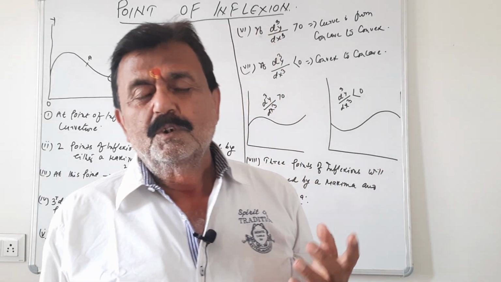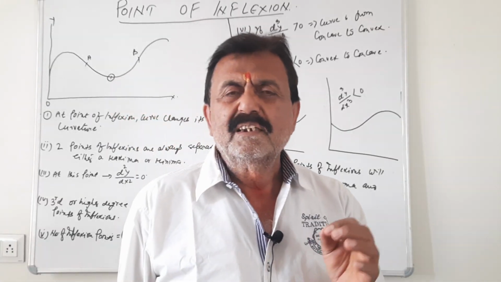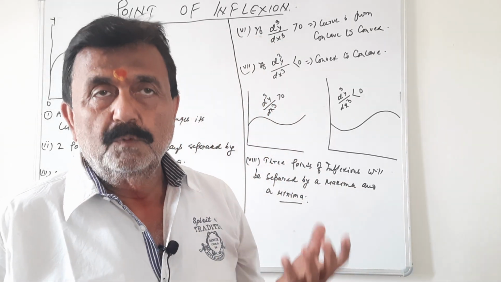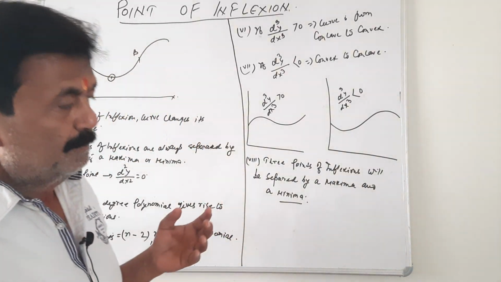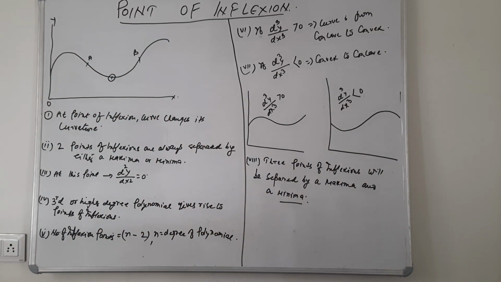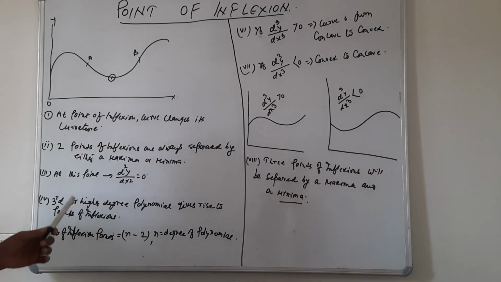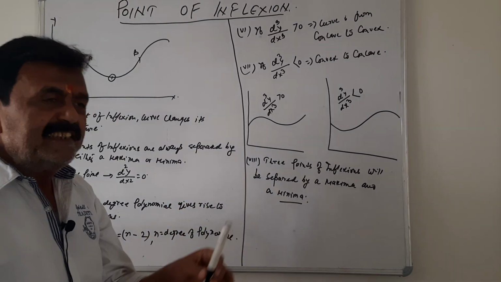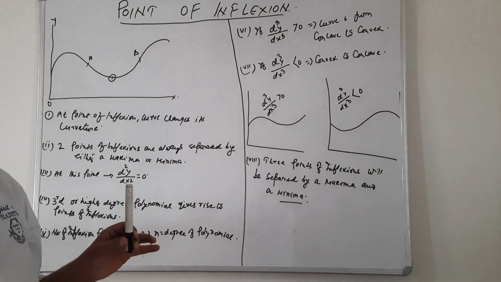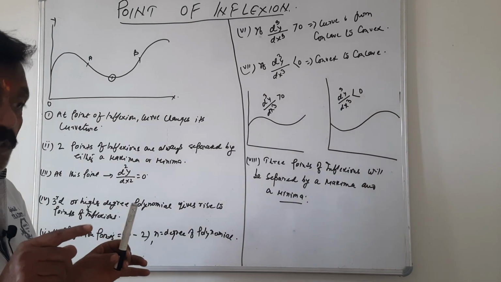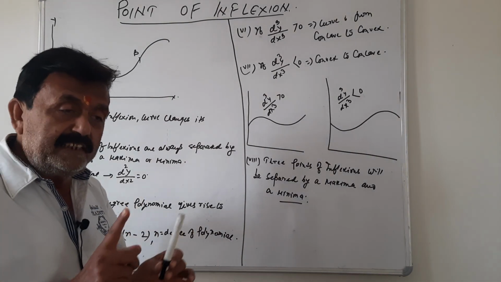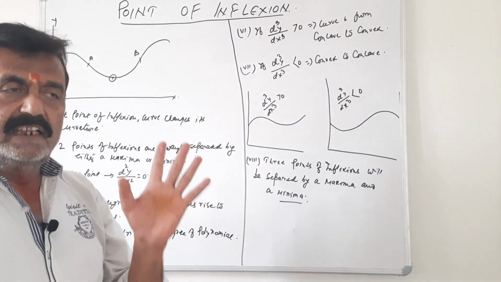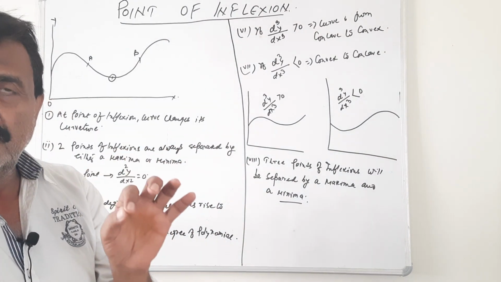And in today's class, I'm going to explain point of inflection, a very important point in differential calculus. A student of economics must know what it is and how it is explained. So, point of inflection. This point becomes visible when any curve changes its curvature, and at the very point where any curve changes its curvature, either from concave to convex or convex to concave, that particular point is known as the point of inflection.